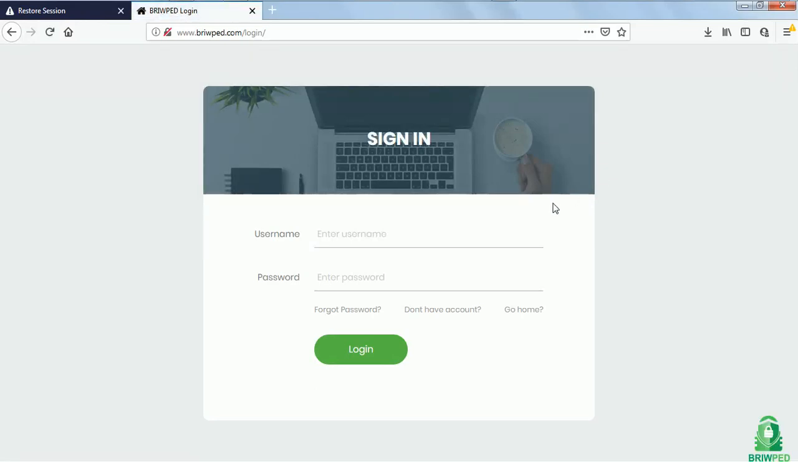Now we are ready to log in. Before we even try to log in, let me just show you something here first. Right now I'm going to open